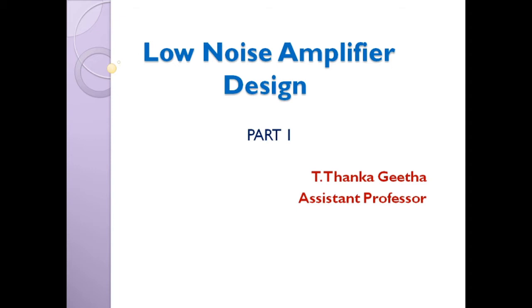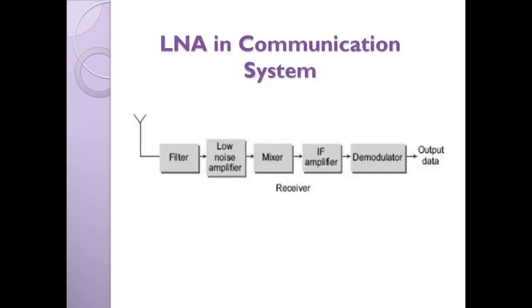Now to understand the concept, see this diagram. It is one of the receiver configuration diagrams in a communication system where LNA is present at the front end. Now consider, instead of this LNA, an amplifier is present. What will happen? The incoming signal received by this receiving antenna is a low power signal which consists of a lot of noise. Once it enters the filter block, the unwanted frequencies are removed and the needed frequency band of signals is allowed, and now it is entering the amplifier block.